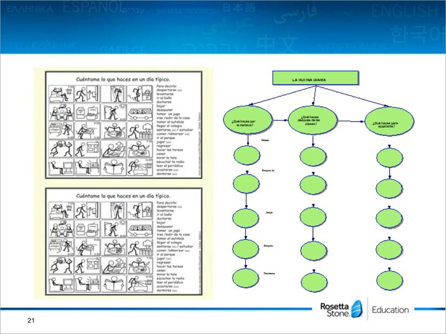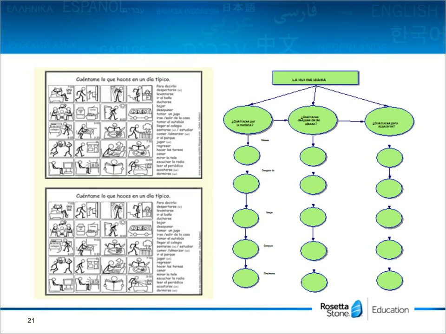This next slide, I'm not quite sure how well you can see it, but it's the same idea. There are 2 activities here. On the left is a person who is in bed, and it takes us through his day, what he does in the morning, afternoon, and evening. What's really neat about this is I did not create this on the left. I found it on Pinterest, and I just searched reflexive verbs in Spanish. The reason I put it here is because I wanted you to see that it's such an easy activity to incorporate into a blended learning classroom.